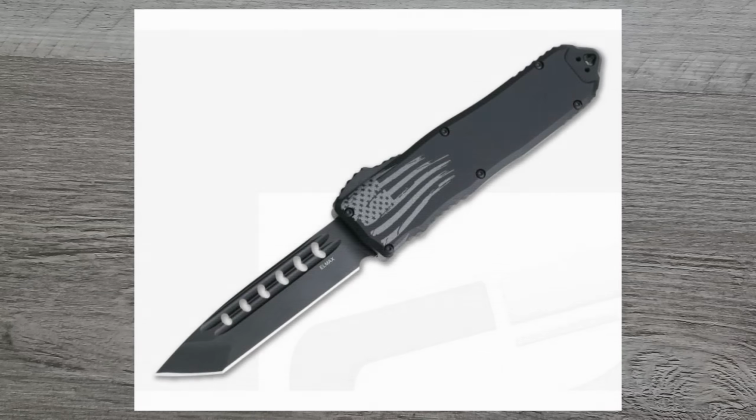Not as well priced as its Recon 40 brother, but speaking of Guardian Tactical, the Recon Elite. Now, I was a little bit kind of like, wow, the grind is really aggressive, right? Here's the cool thing with this. This is gigantic. It is the biggest OTF that I have ever handled. Its counterpart, the Recon 40, is basically the same thing without the crazy grind and the crazy graphics, right? But even this one is still priced such that its only main competitors are going to be the Recon 40 or the Manticore X. This is a $450 OTF,